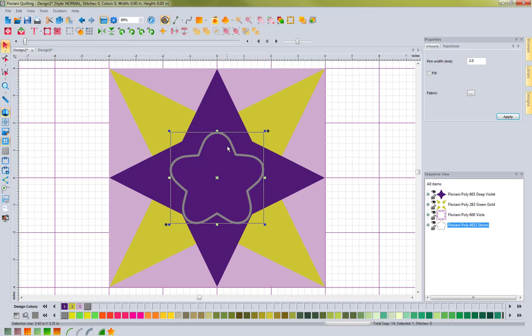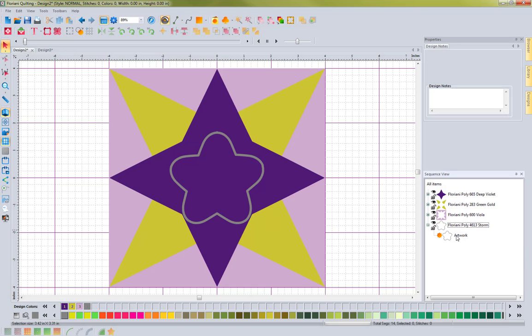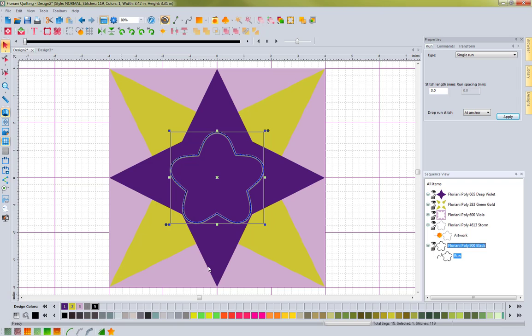So you can see that when I select the custom shape, it brings it in as artwork. So I need to make this into a running stitch pattern. With it selected, I'm going to come down to the bottom left, and I'm going to left click on the convert to run, and you can see that it added the running stitch there. I can go ahead now in the sequence view, select the artwork, and delete that piece